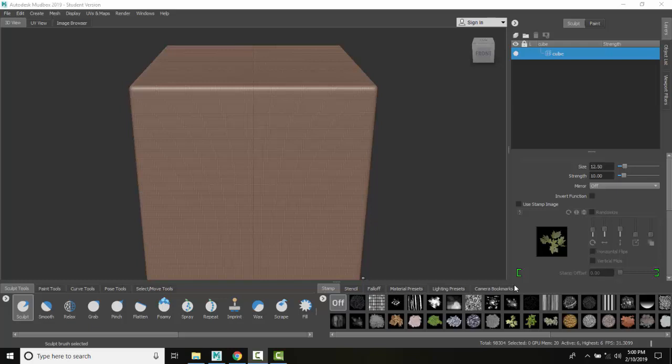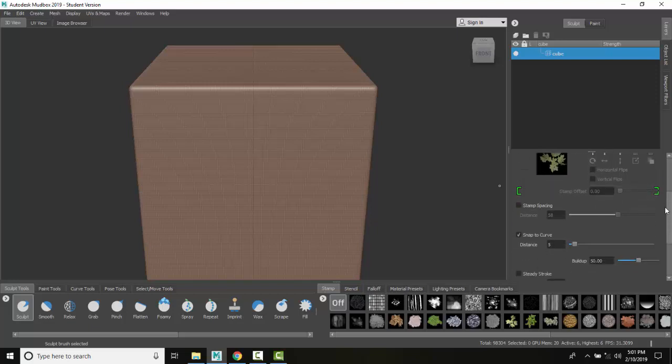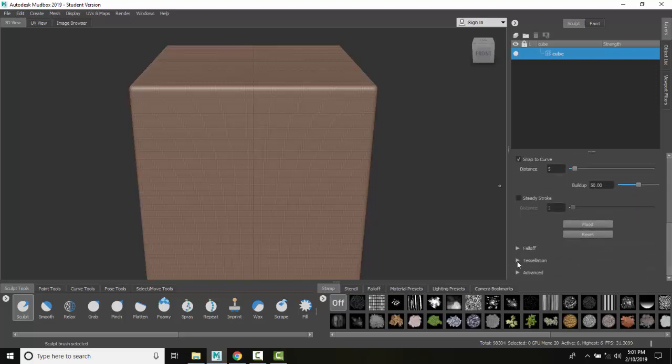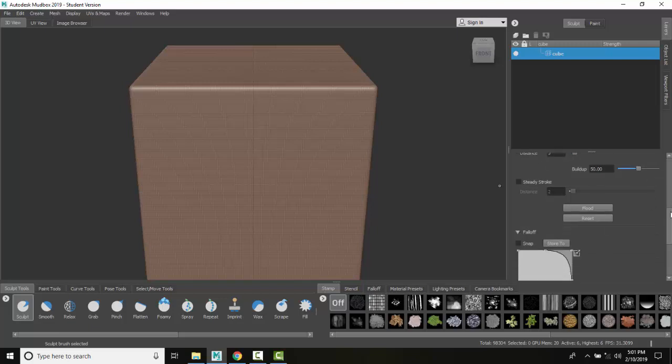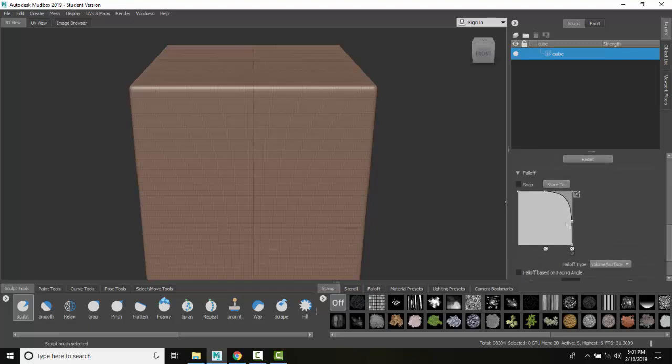Adjusting tool fall off. This adjusts the cross section of how we sculpt or paint. So I'll do it both ways. I'm going to go down and sculpt, and I'm going to come up here and I can set my size and my strength. But if I scroll down, you'll see I have a flyout here for fall off, and I click on that, and this is the cross section of my